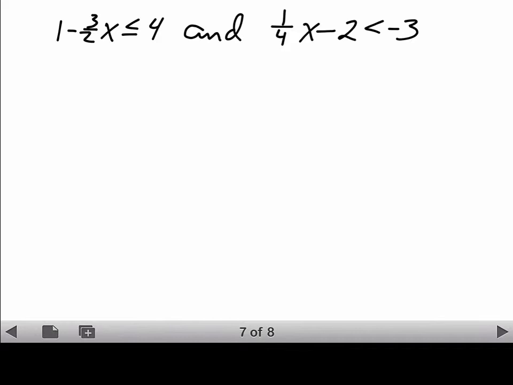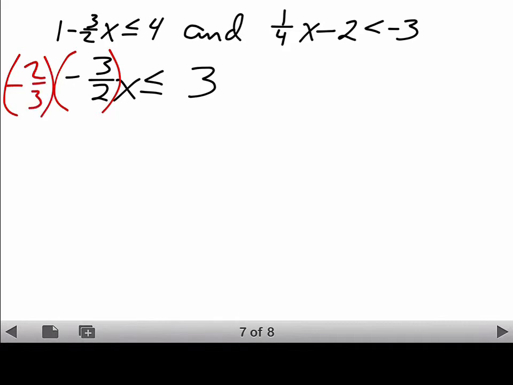Here we have another compound inequality. 1 minus 3 halves x is less than or equal to 4, and 1/4 x minus 2 is less than -3. When I subtract 1 from both sides of the first inequality, I have -3 halves x is less than or equal to 3. And here I'm going to divide by -3 halves, which looks a whole lot like multiplying by negative 2/3,